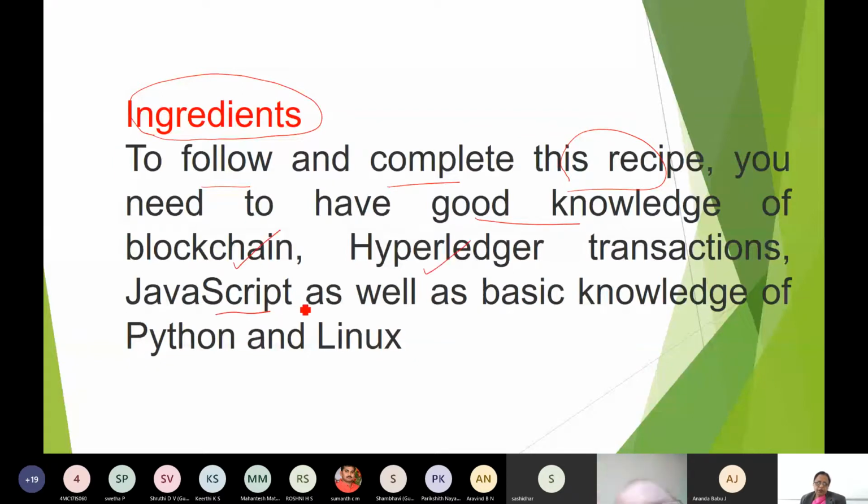Then if you are going to use JavaScript, then web programming, Python, Linux. Hyperledger Sawtooth supports Go, Rust, C++, and Python. The transaction processors can be written in these languages and JavaScript, Java. These are the knowledge that we need to acquire in the course of implementation of the designs.